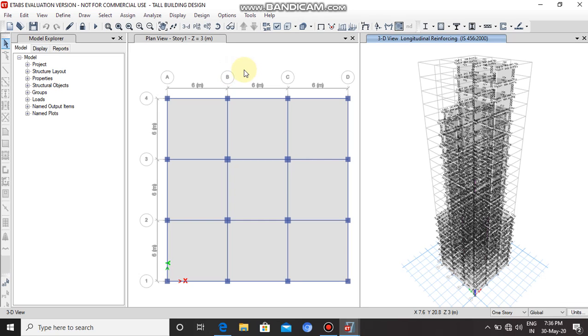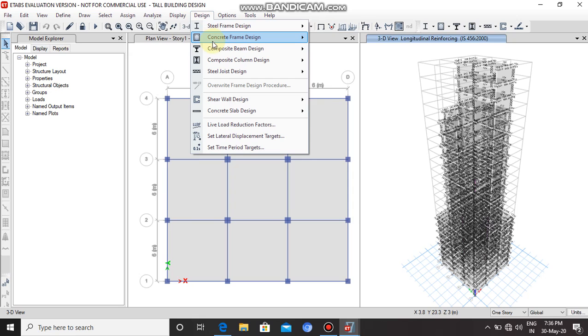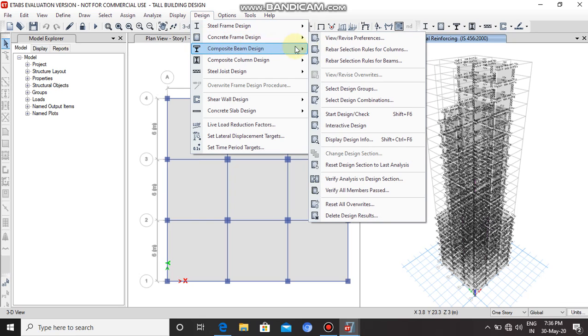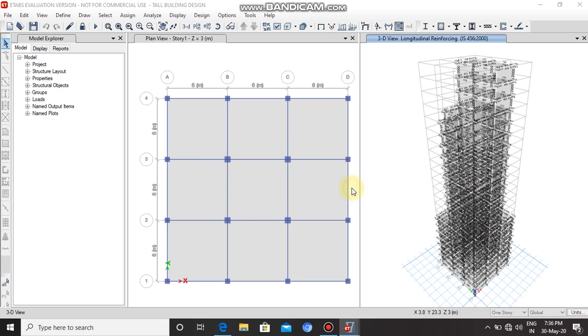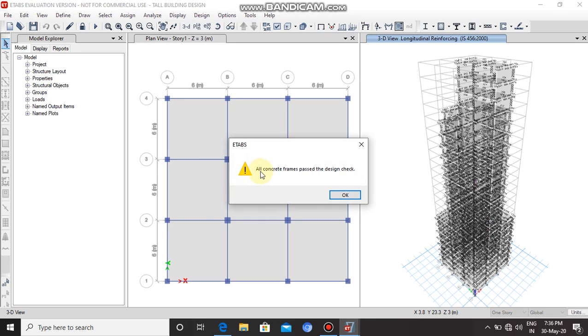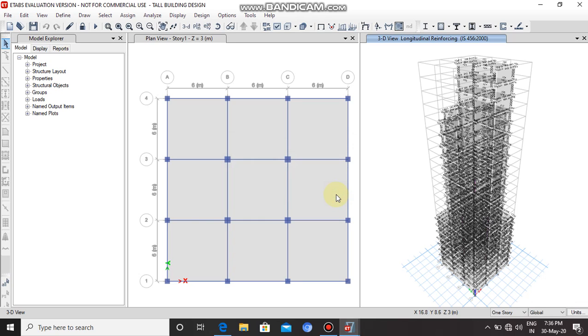Let's see whether all members passed or not. Now click on Design, Concrete Frame Design, Verify All Members Passed. Here we can see all concrete frames pass the design check. So click on OK.